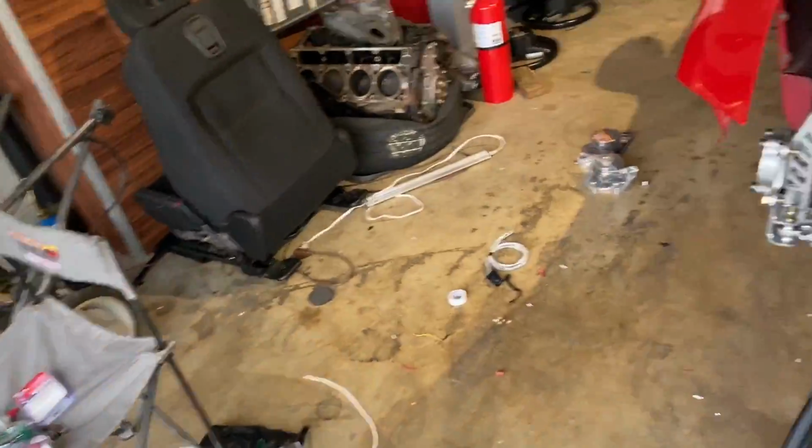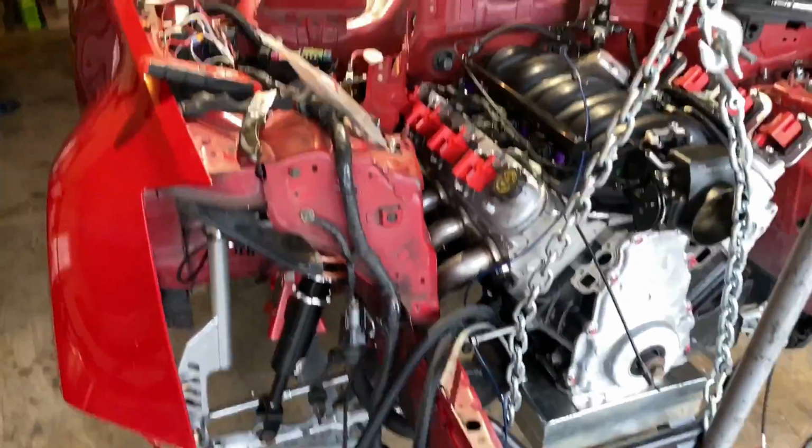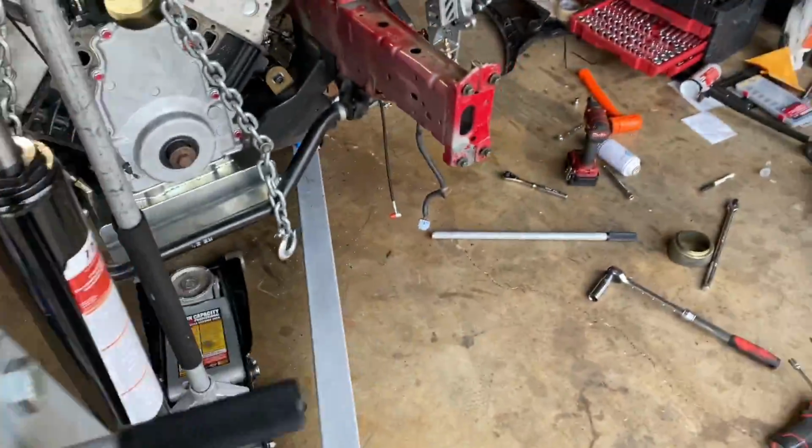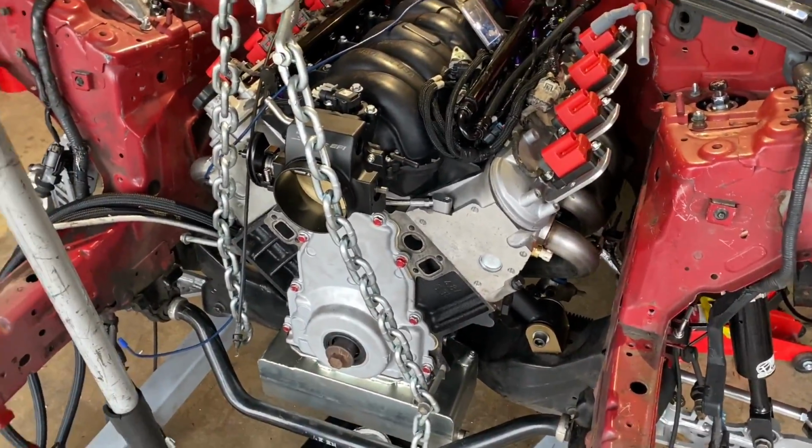And yeah, that's it. She's almost done, like for real this time. I know I literally say that every single time, but she's legit. It turns over. I can get in the car right now, flick my kill switch,